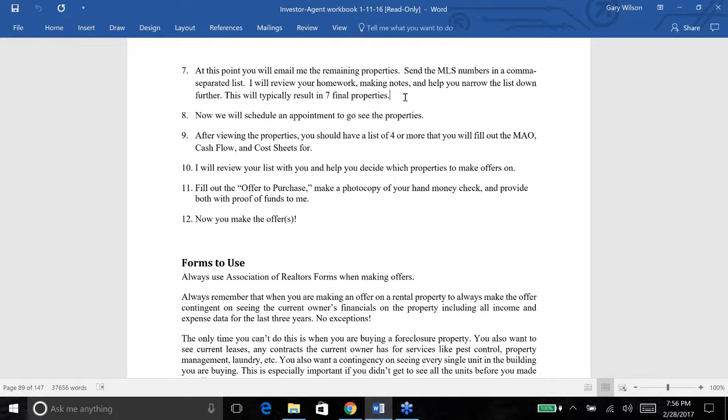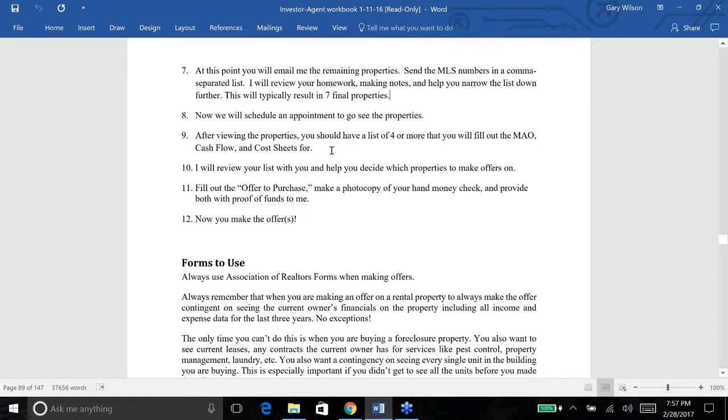But the point is sometimes you have to create an A list and a B list. The A list has what you believe are the best of the best based on your client's homework, and the B list are the ones that, if you don't have such a good day, you have to fall back on. In any case, you schedule your appointment, okay? And after you go through the properties,